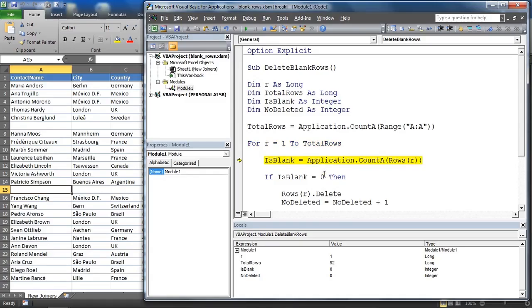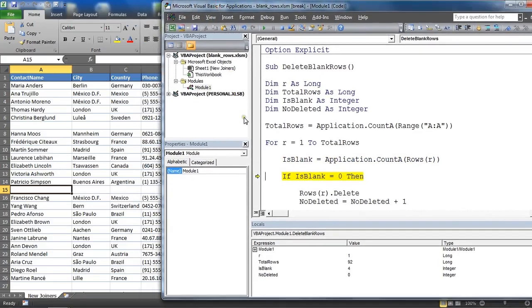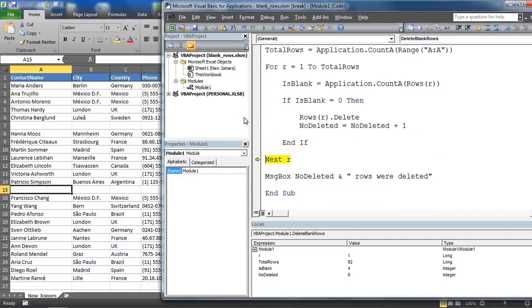It will go inside because it's on 1 at the moment. Check if it's blank. It's not. It's got 4 things in that top header row, that row 1. So it will skip that bit and go to next r. So r goes to 2. Obviously that's not blank either, so it will move through, go into 3, go into 5, go into 6, looping